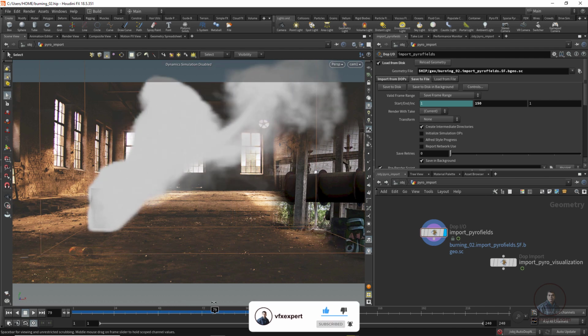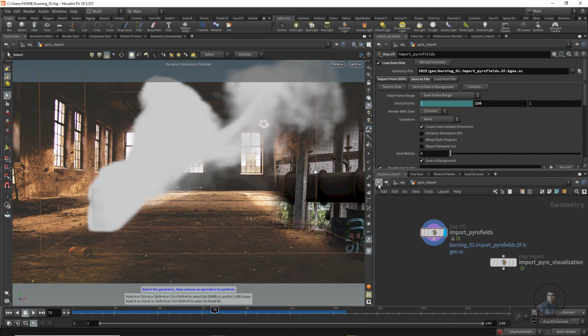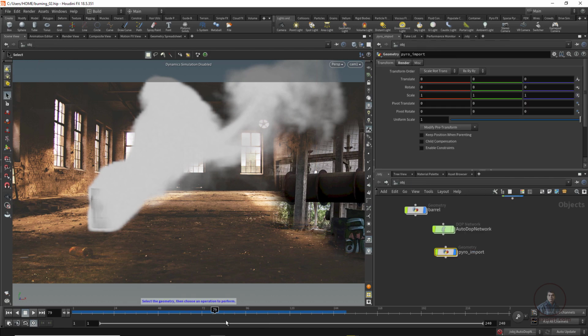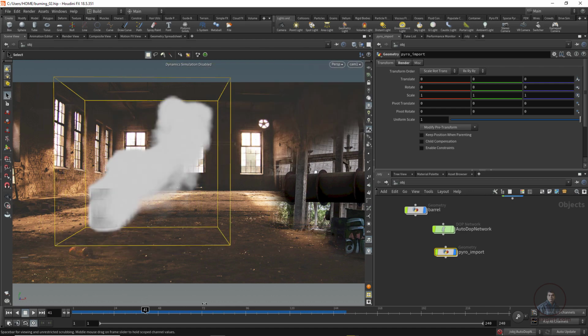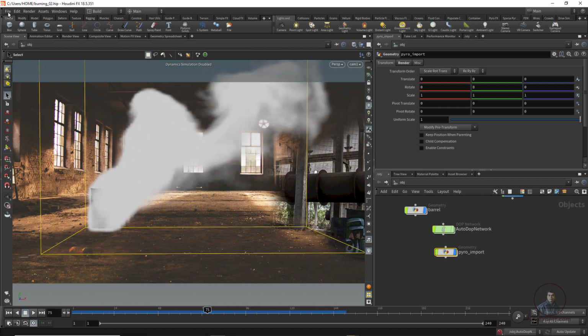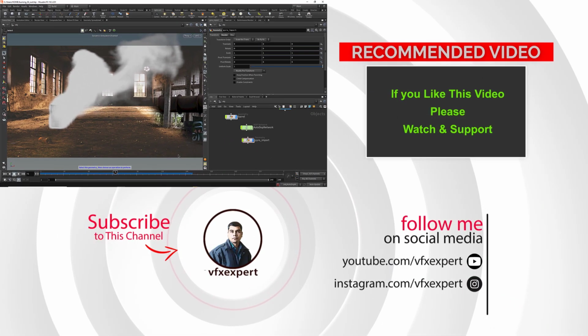Okay, so till here, come back into our object level finally. So easily you can see, even you can notice here. Okay, so till here save our scene here. So till here I have completed our simulations. After this we will continue on the same shot and we will start shading, lighting, rendering and final compositing.